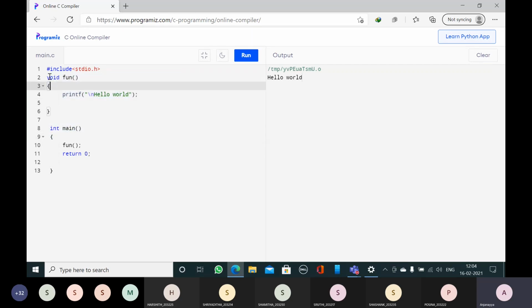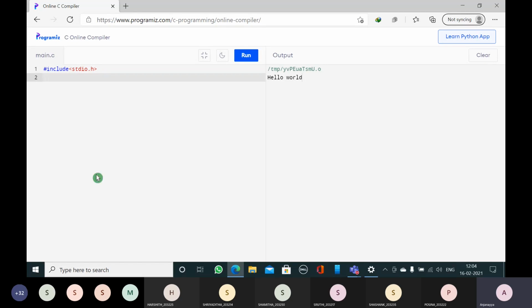So what is the first type? No return type and no parameters. I will write the no return type and no parameters example. So void main. Addition of two numbers I will write.